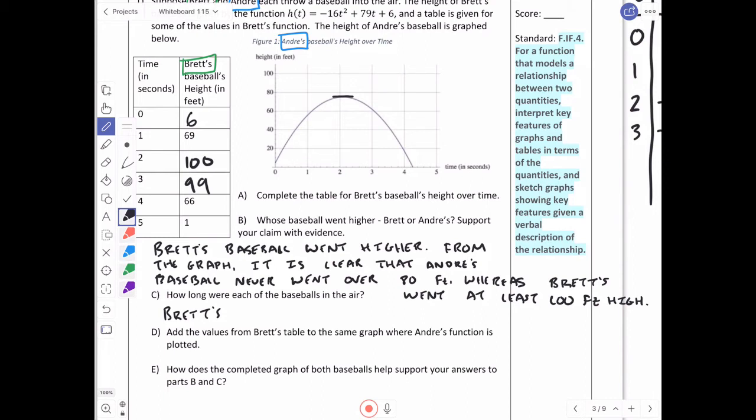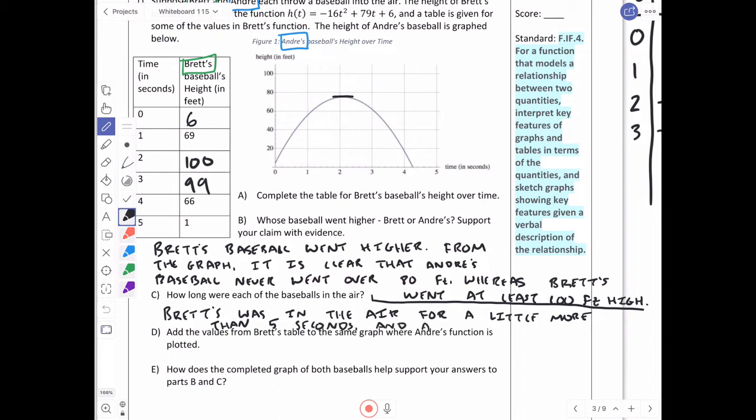Brett's was in the air for, let's see, draw a line here, keep my work separate, a little more than 5 seconds,